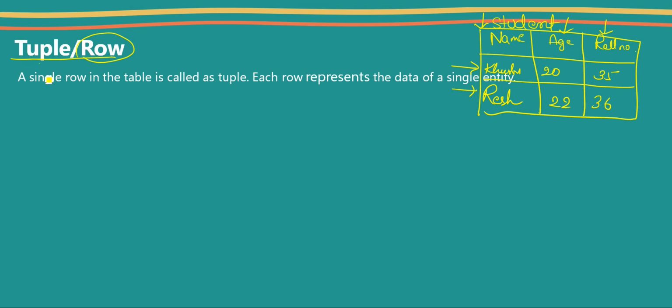Okay, so this is a student table and these are called columns, right? And now let's say I am the student who is going to enroll, so my details will be there, right? Khushbu, age 20 plus, roll number 35. Let's say someone else is going to register, roll number 36. So tuple and row, these will be rows and this is also termed a tuple. So a single row in a table is called a tuple, so each and every individual is termed a tuple. This is also called a row as well as a tuple.